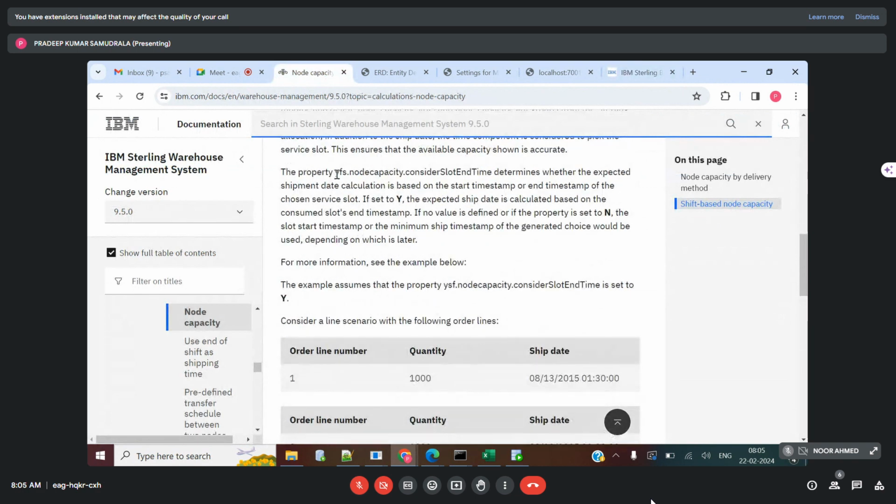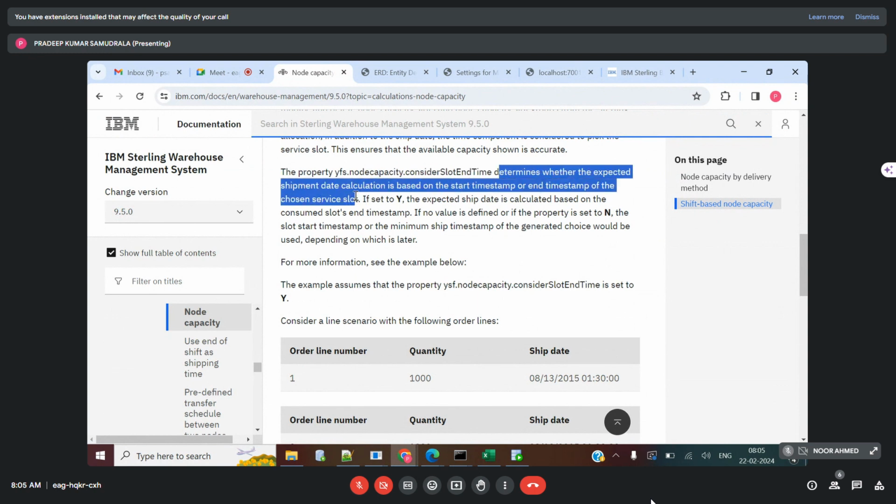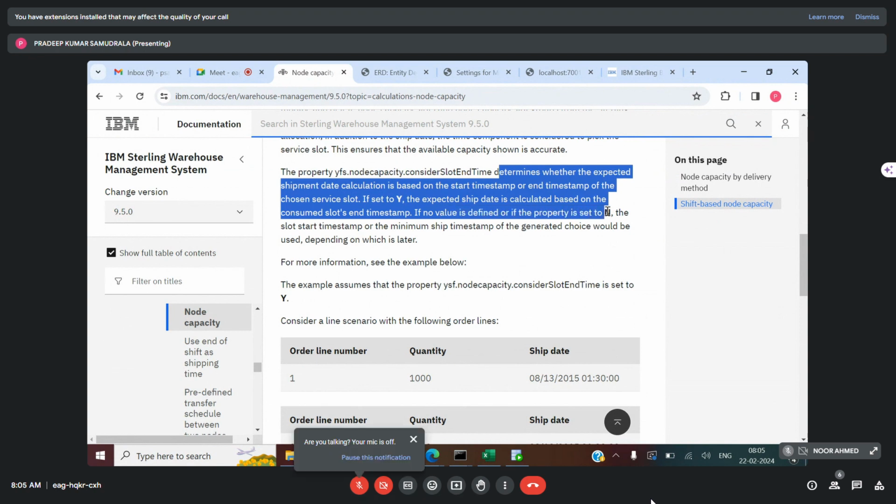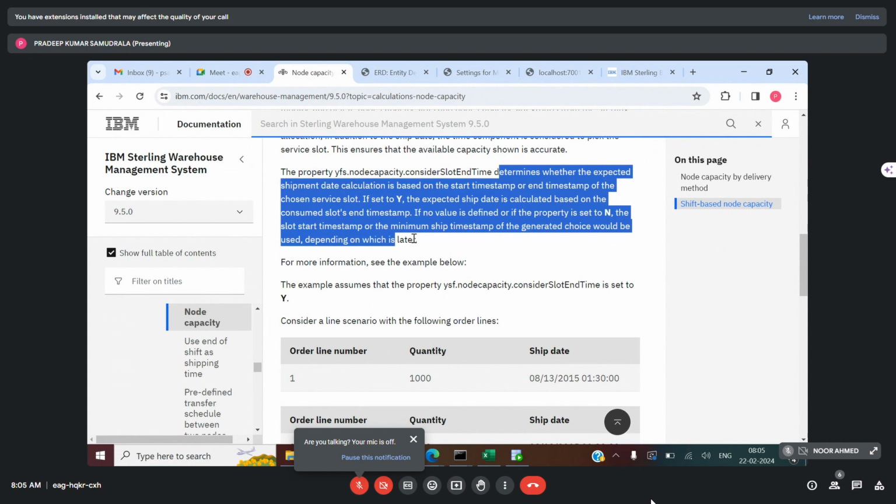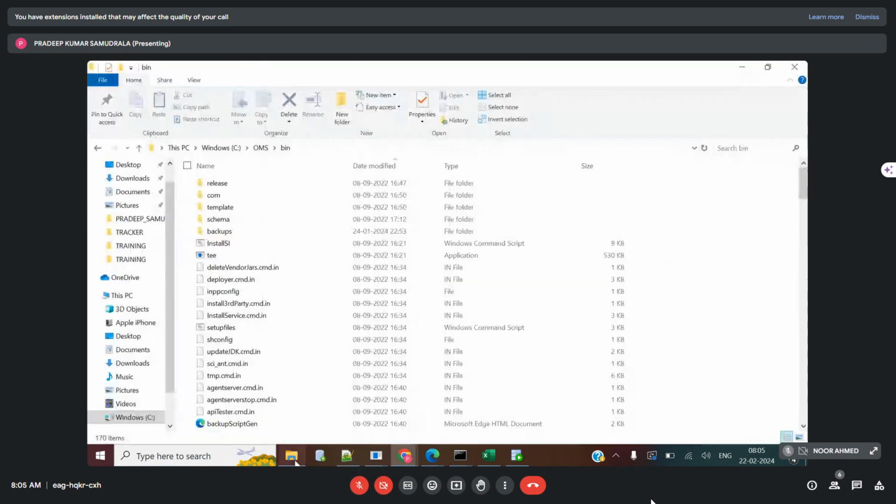So there is a property called YFS node capacity considers slot end time, which determines whether the expected ship date calculation is based on the start timestamp or end timestamp of the chosen service slot. If set to Y, the expected ship date is calculated based on the end time. If no value is defined, or if the property is set to N, the slot start time of the minimum ship time of the generated choice would be used. Okay, so basically, as part of our